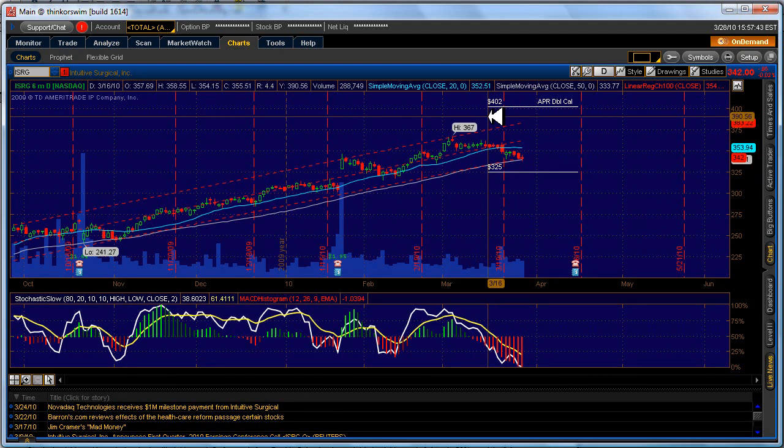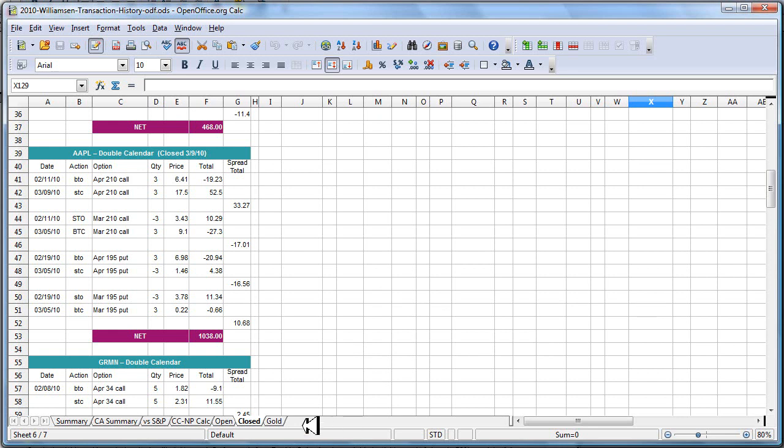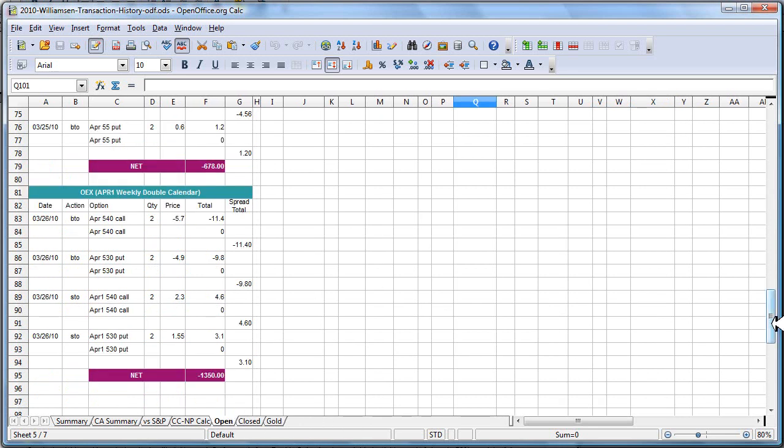I opened this trade on 3/16, so I've been in it for a while, and of course the longer you're in it, the wider your tent's going to be also. And actually, the longer you're in it, the greater percent gain you can get based on the maximum gain and based on what your at risk is. So on this particular one, let me go back and look at my spreadsheet real quick. On this particular trade, and we can look at it here,